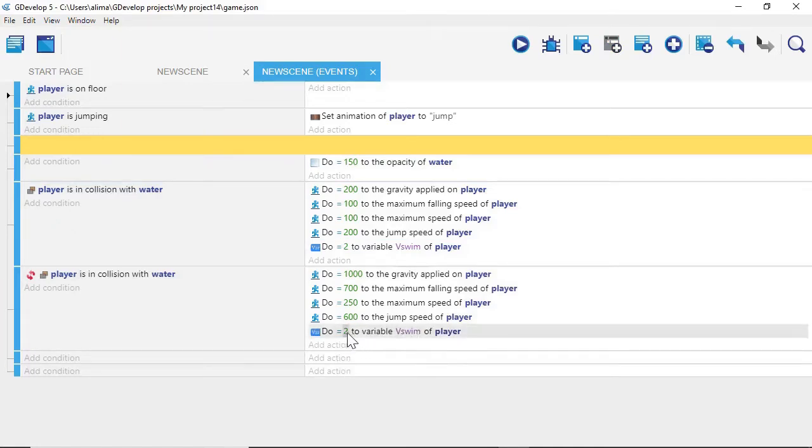We just need to change this setting. So I'm going to click here, and we want this to be 0. You could just press enter or click out like I did. So now when the player is in collision with the water, our variable, or you imagine a character holding up a sign, says 2. When the player is not in the water, our variable, which is really a way of holding information, but I don't think it's a bad thing saying, imagine a character named vSwim holding up a